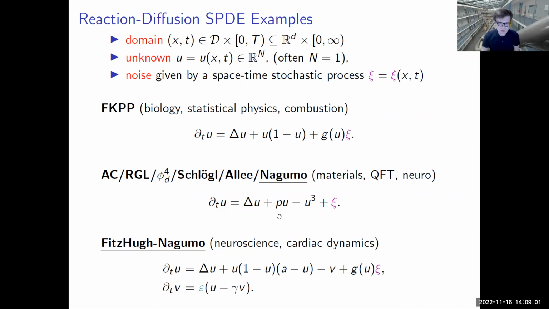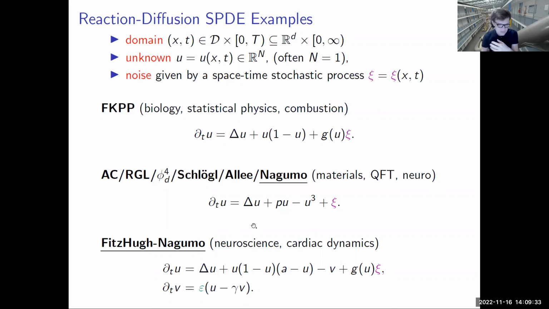And then the second equation that motivated me a lot is also very classical in math biology. Most of you will know this is the Nagumo equation, which in other areas is called the Allen-Cahn equation, or the real Ginzburg-Landau equation, or the phi-4 model, or the model with an Allee effect, or the Schlögl model. All of these things are effectively the same type of equation. It's a cubic polynomial nonlinearity with the normal semi-linear heat equation type. And then usually I will look at additive noise in this case.